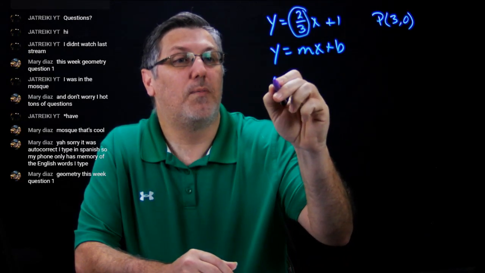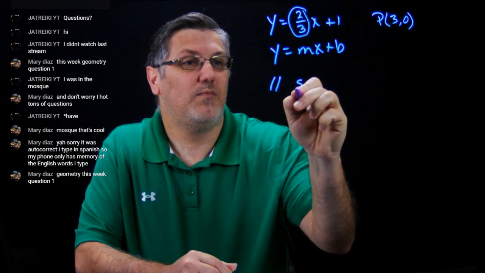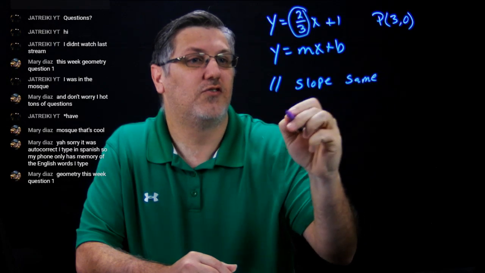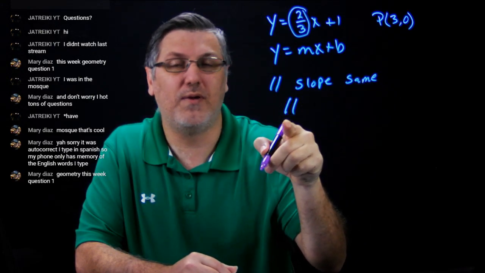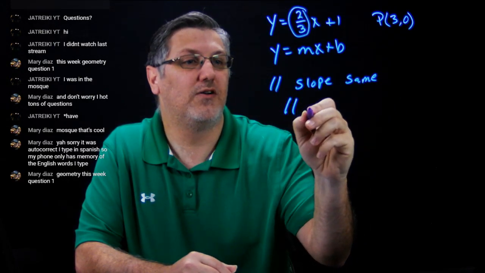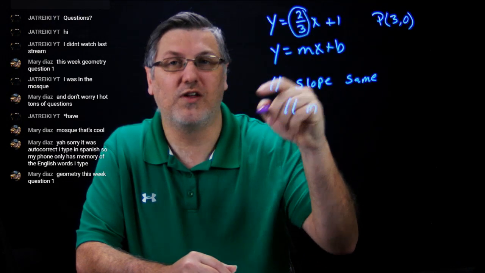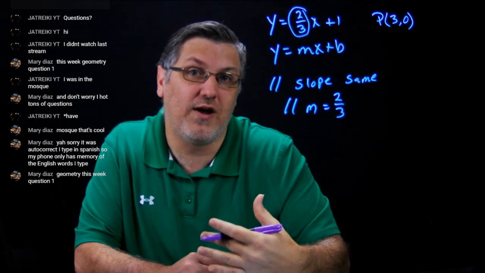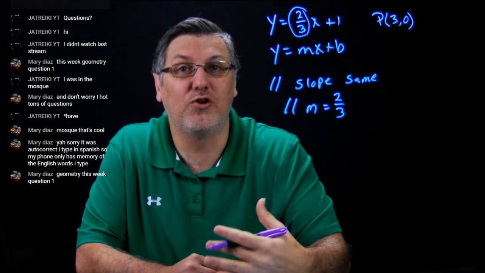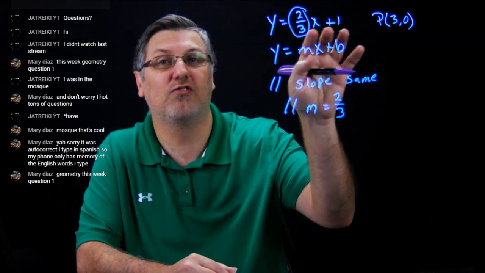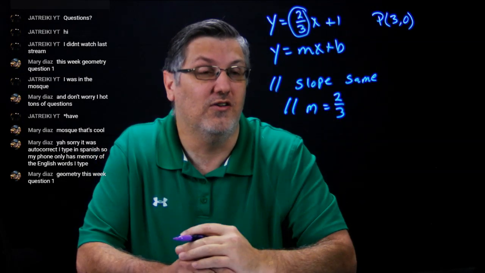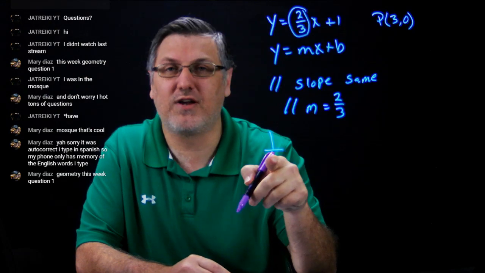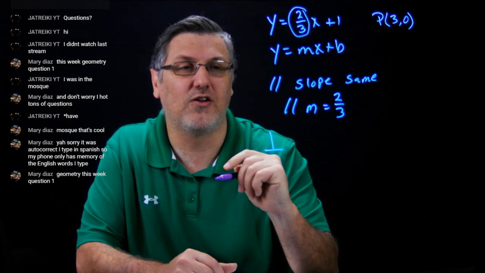So for a parallel slope, they're going to be the same. So my parallel, this is a symbol in math for parallel, parallel slope, m, because we use m for slope, is going to be 2/3. That means every single line that exists that has a slope of 2/3 is going to be parallel to this line. The relationship for perpendicular, this upside down capital T is for perpendicular, is